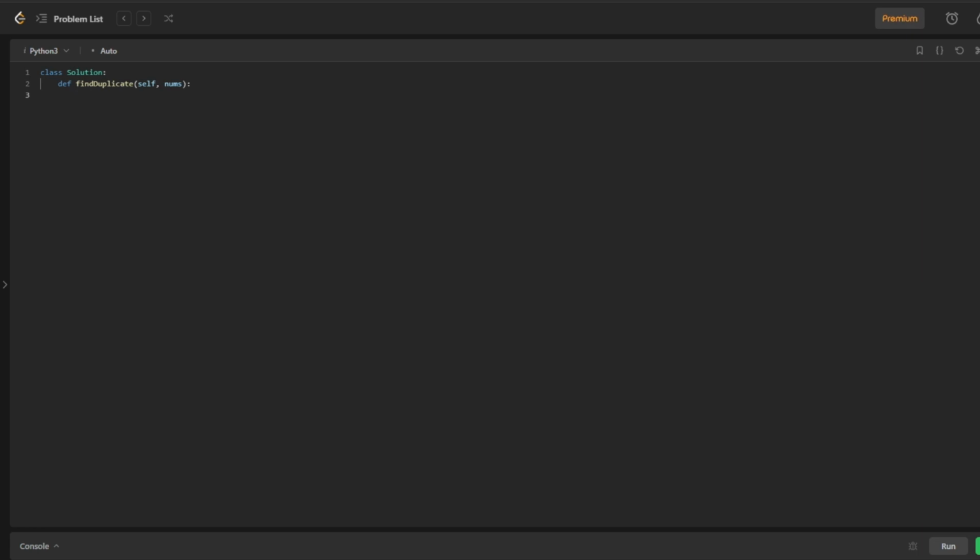So we can first go ahead and initialize the slow and the fast pointers, and we'll both point them to the start of the array. Then we want to continue until the slow and fast pointers are the same. So we can simply say while true, and we want to move the slow pointer by 1 and the fast pointer by 2. So we can say slow